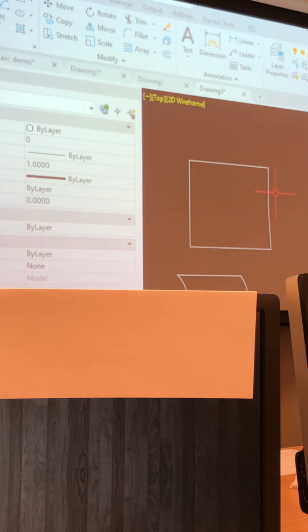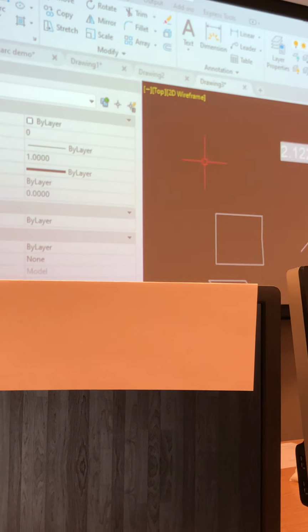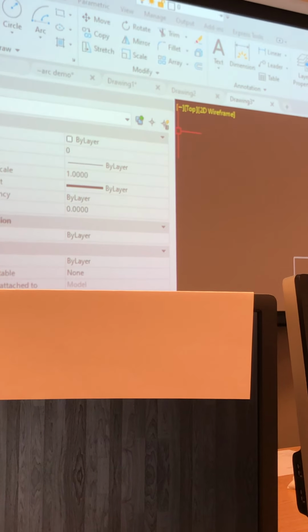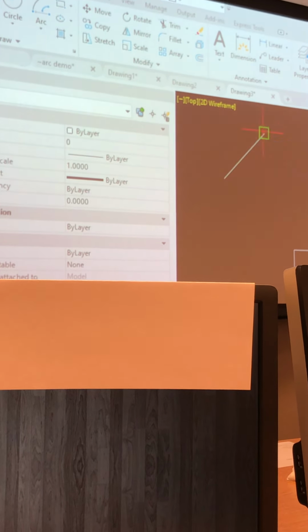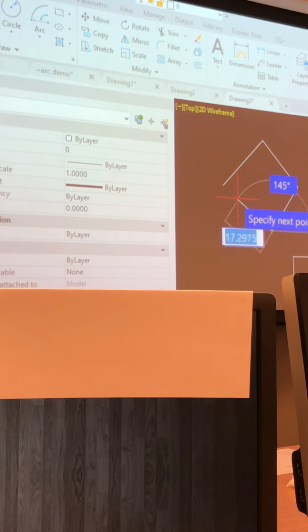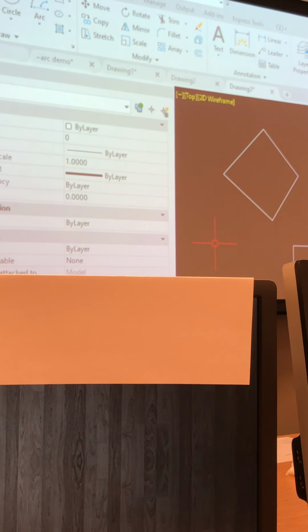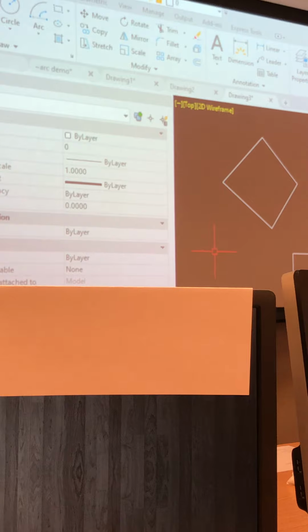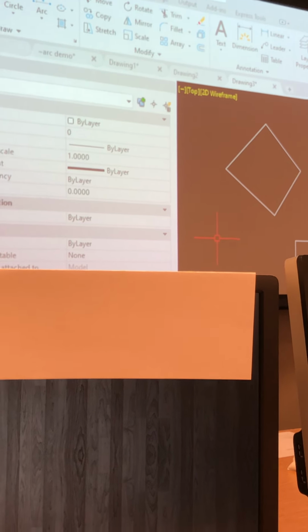All right, let's do this. Use your line command. Just go up to your line command and draw, let's say, a polygon shape. I want all the endpoints to connect. That object does not have